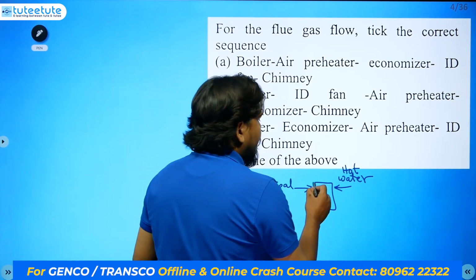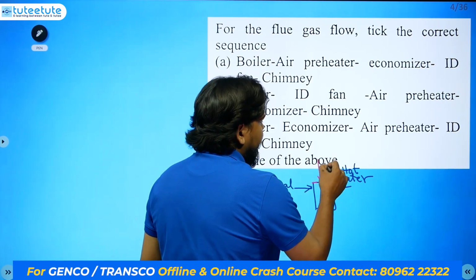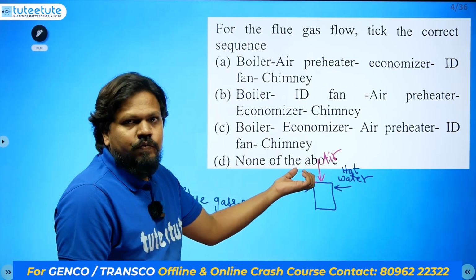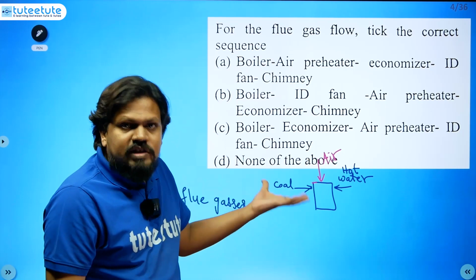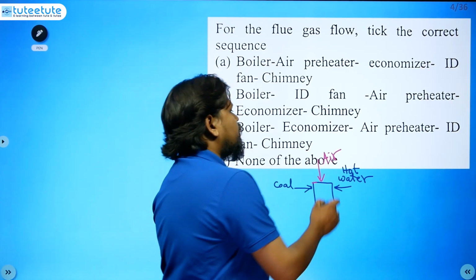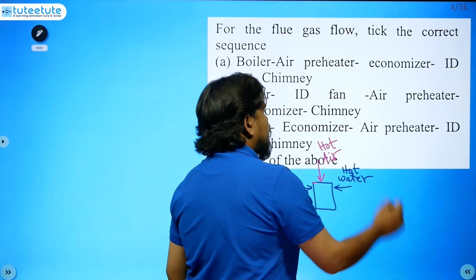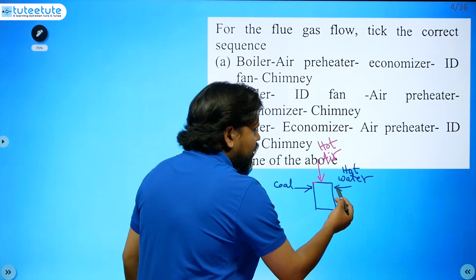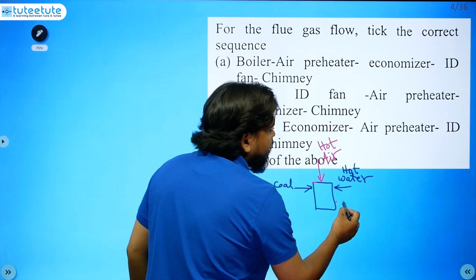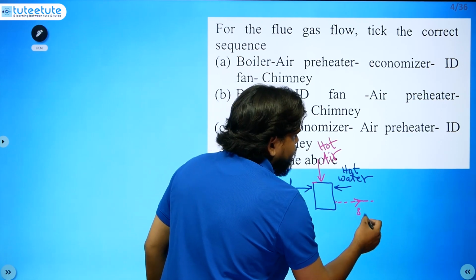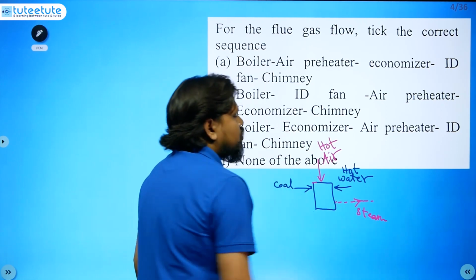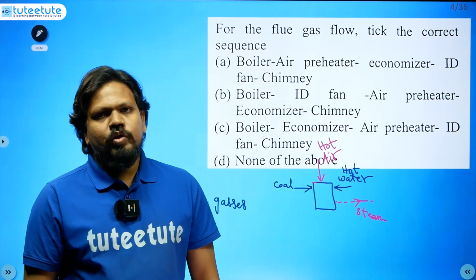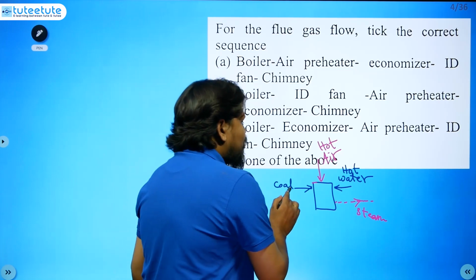Similarly, for the coal burning process we need air. If you send hot air, it will be easier for the combustion process. That's why we send hot air. So this is the process: we send this water, and it comes out as steam. These are inputs and this is the output. What unwanted output will we have? Whenever you burn the coal,